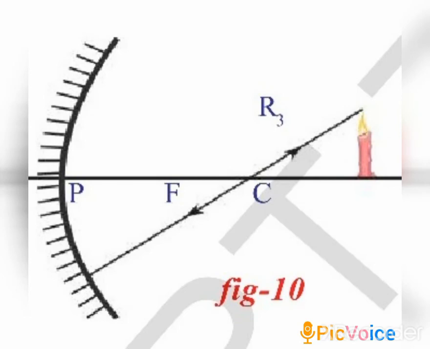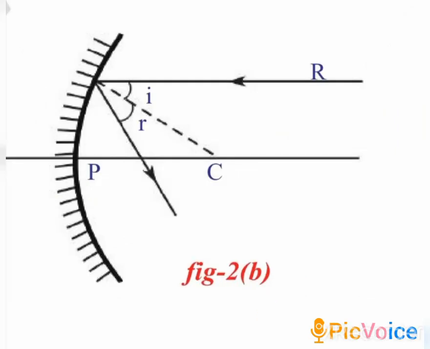In the previous image, you observed that a ray was passing from the focus, and it formed a parallel reflection to the principal axis. But in this particular image, you can find that the ray is passing through the center of curvature, right? So it is reflected along the same line. Both the incident ray and the reflected ray are the same line, because if a ray passes through the center of curvature, it reflects in the same direction. This is the second rule. Remember this thing.